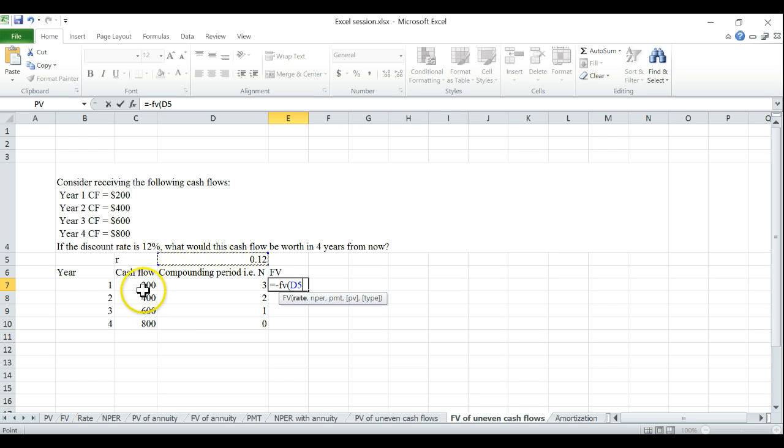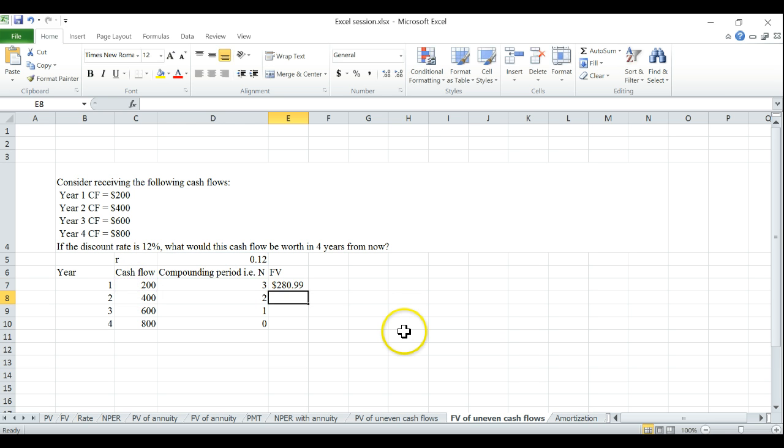So this is the one that is going out. $200 is going out of my pocket. I got it, I reinvested it, and then I want to see how much I will get at the end of time period 4, okay? So number of periods is in this cell. Payment is, there is no payment because we are looking at each cash flow at a time, and then end the parentheses. So the answer would have been negative, but we forced it to be positive.